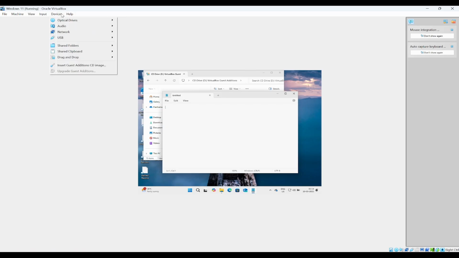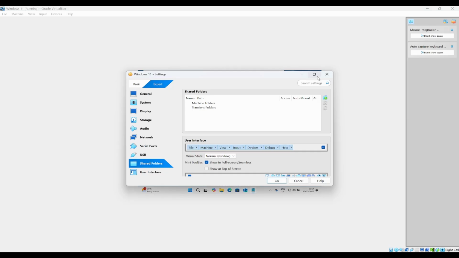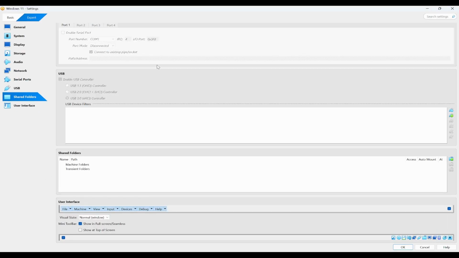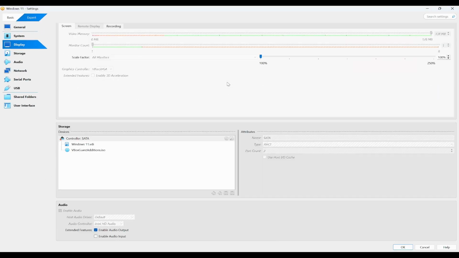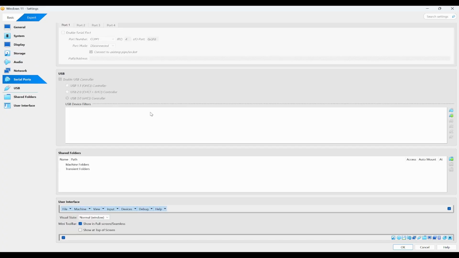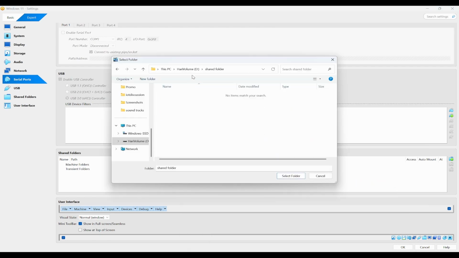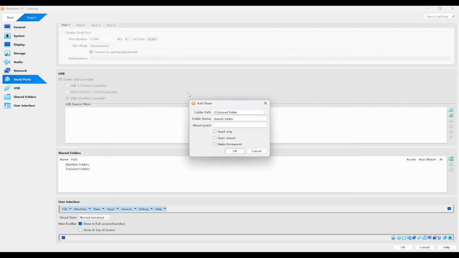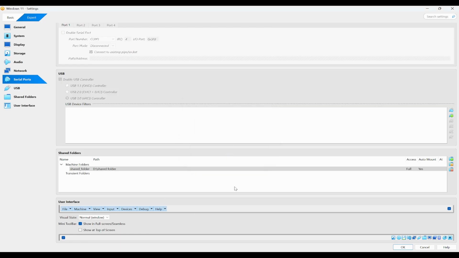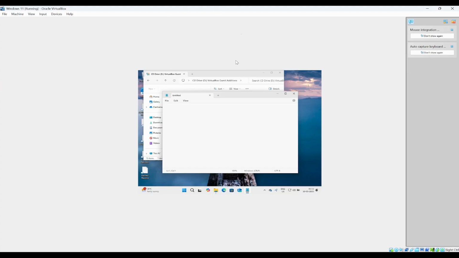Another thing you can add is the shared folder settings, which means you can manage a common folder shared between your host system and your virtual machine. You can click on plus here, and for folder path, click on other. So this is the shared folder and I'll select that. I'll select auto mount and make it permanent so that it will not be deleted. Click on OK. Then once you have done this, click on OK. Now we can directly reboot and see the three changes.